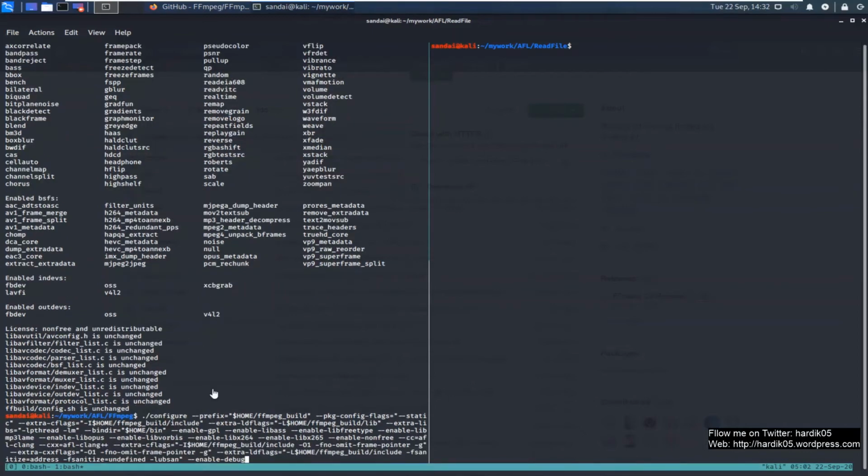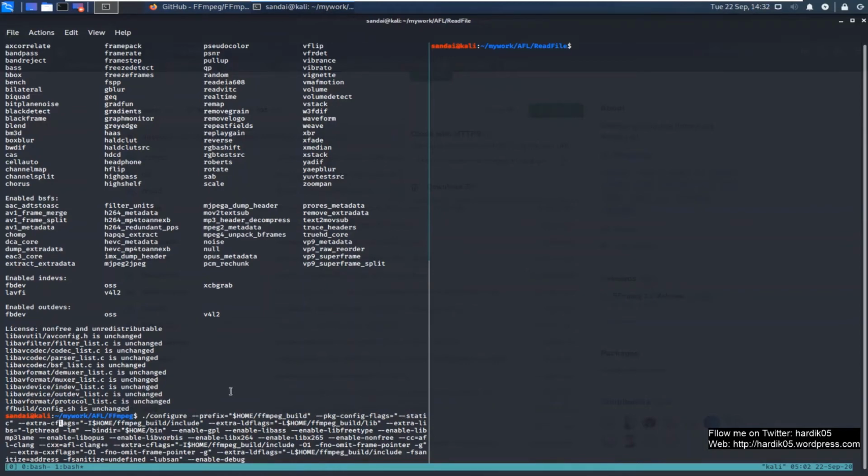So now let's go ahead and compile this program using afl-clang and afl-clang++, and we will enable ASan over here. You can see that there is not a major change we have made to compile it using AFL clang.